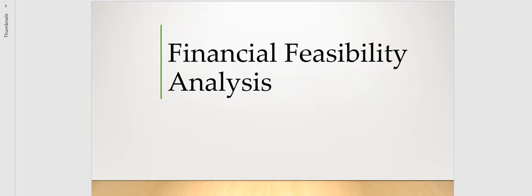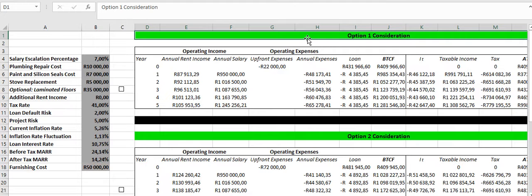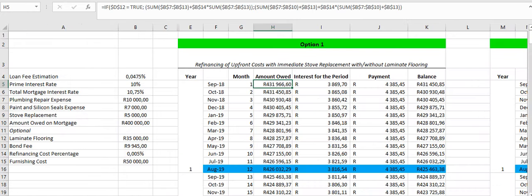A period of 5 years will be used to conduct the analysis of the various options. Swiftly moving on to the financial feasibility overview worksheet, we will first focus on option 1. Namely, to rent out the unfurnished apartment on a year-to-year basis using the services of a rental agent. All upfront costs required were refinanced into the bond immediately, yielding a new loan value at the start of the